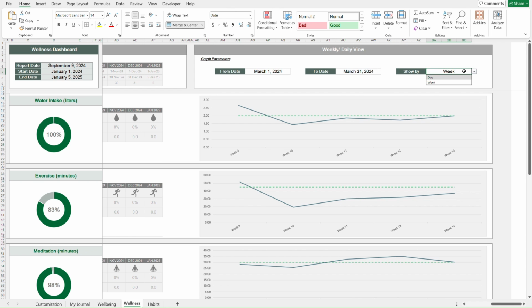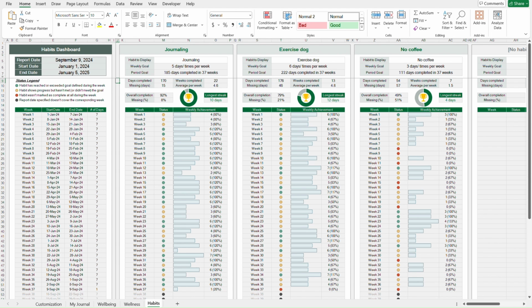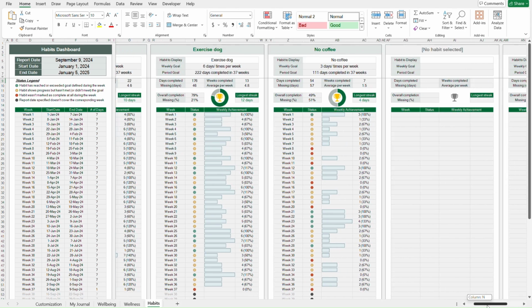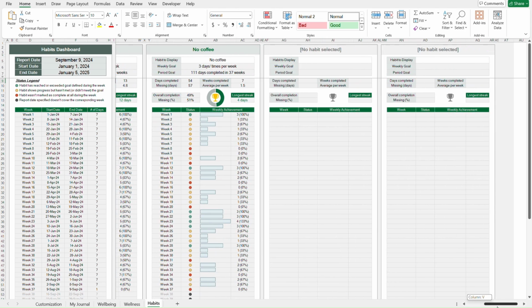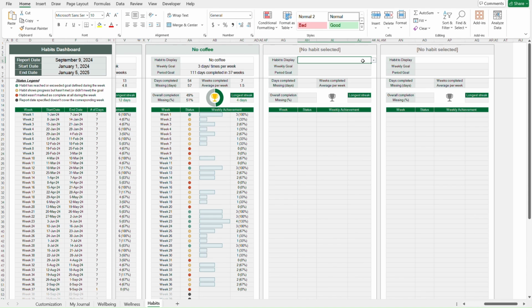What I like the most about it is that this file implements three unique, spectacular, and fully automated dashboards for you to evaluate and celebrate your performance across all your metrics. These videos are meant to give you the full tour of what's included in the template, how it's built, and